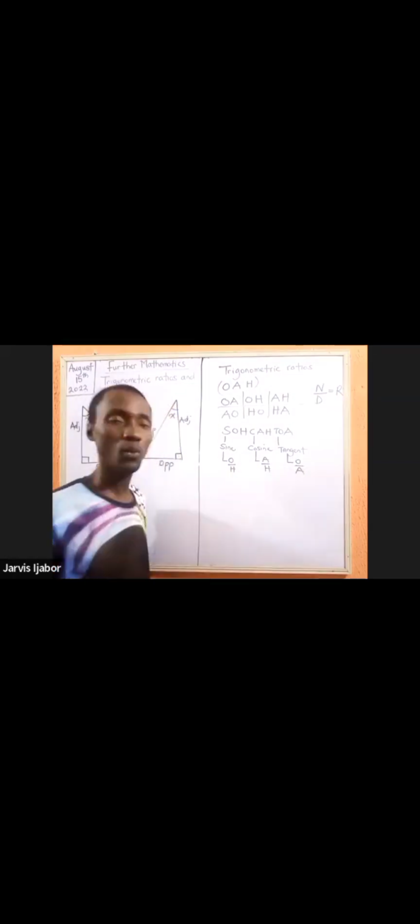Now, for me, I usually choose to write it this way. I write O over H, A over H, and this is what? O over A, where O stands for opposite, A stands for adjacent, and H will stand for what? Hypotenuse. All right, so with that settled,